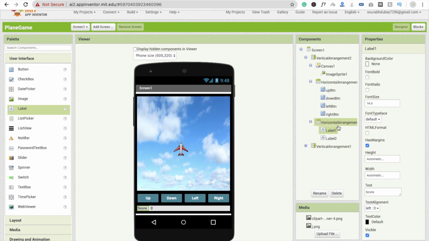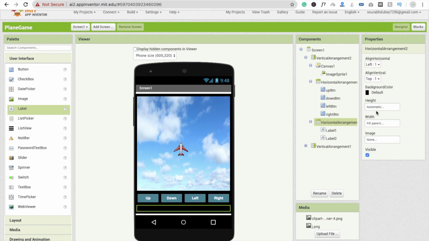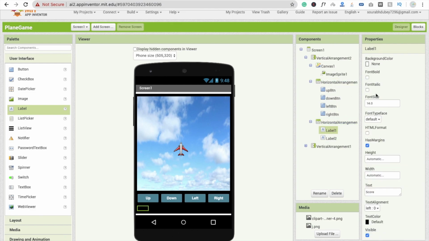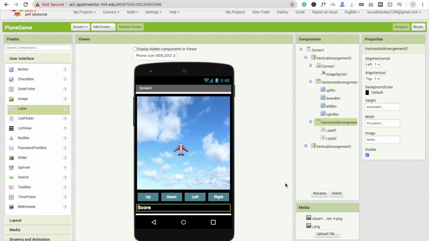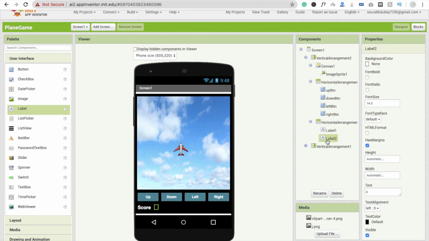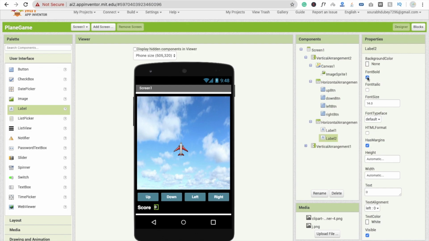Fine. I'm going to change horizontal arrangement background color to black and make these font bold and make it 18 and change their text color to white, and click on another one like this one, label 2, and make this one text color white like this and make it font bold and change your font size like 18.